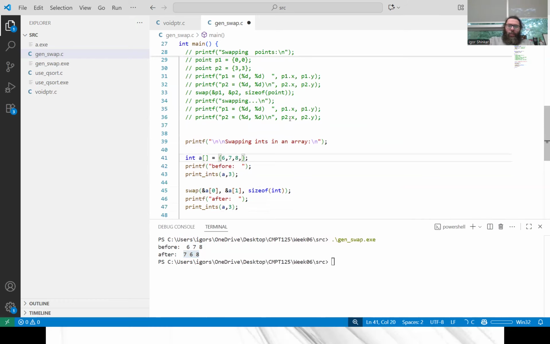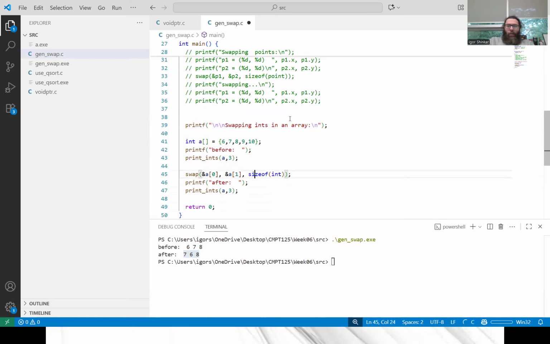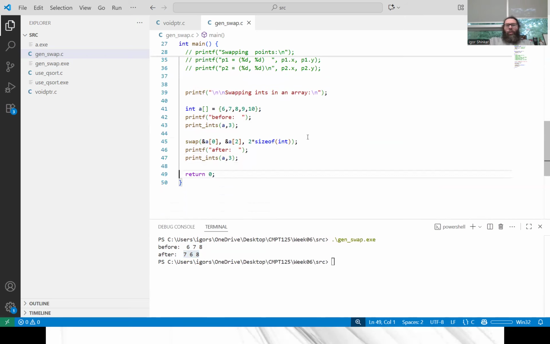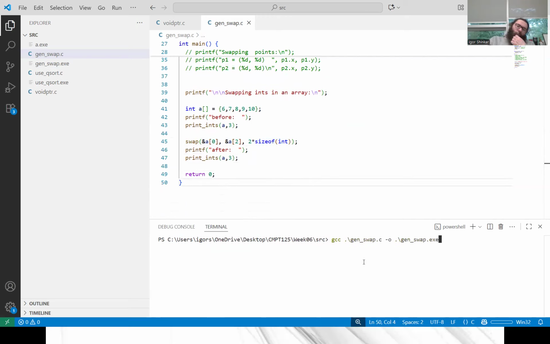Let's say it's 9 and 10. And what do you think will happen? What do you think will be the result here? So I'm saying swap A in position 0 and A in position 2, but I'm swapping 2 ints and not 1 int. So what do you think will happen? Okay, so before it's clear what will happen, before it will print 6, 7, 8, 9, 10, and after,